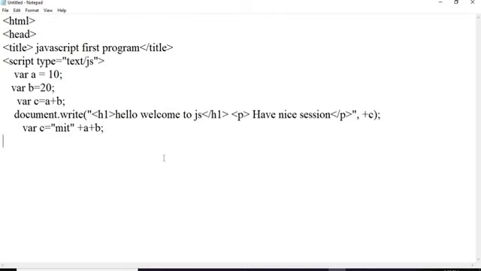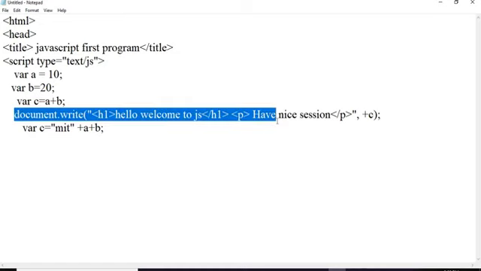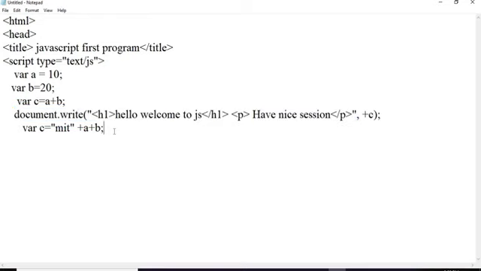Suppose I want to display these two different outputs. So I will add here the message simply.